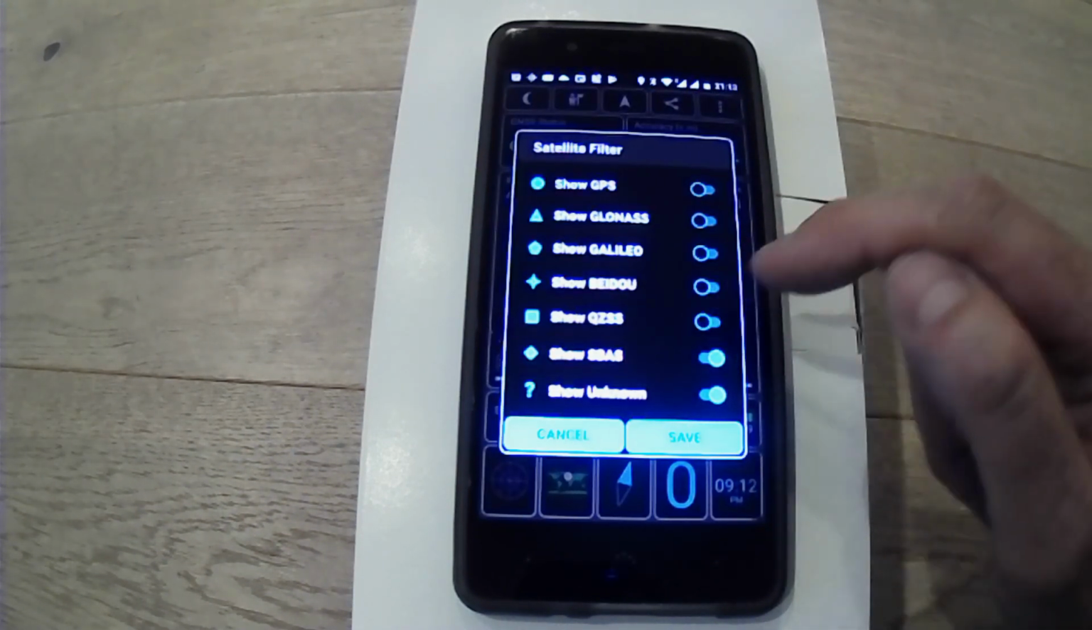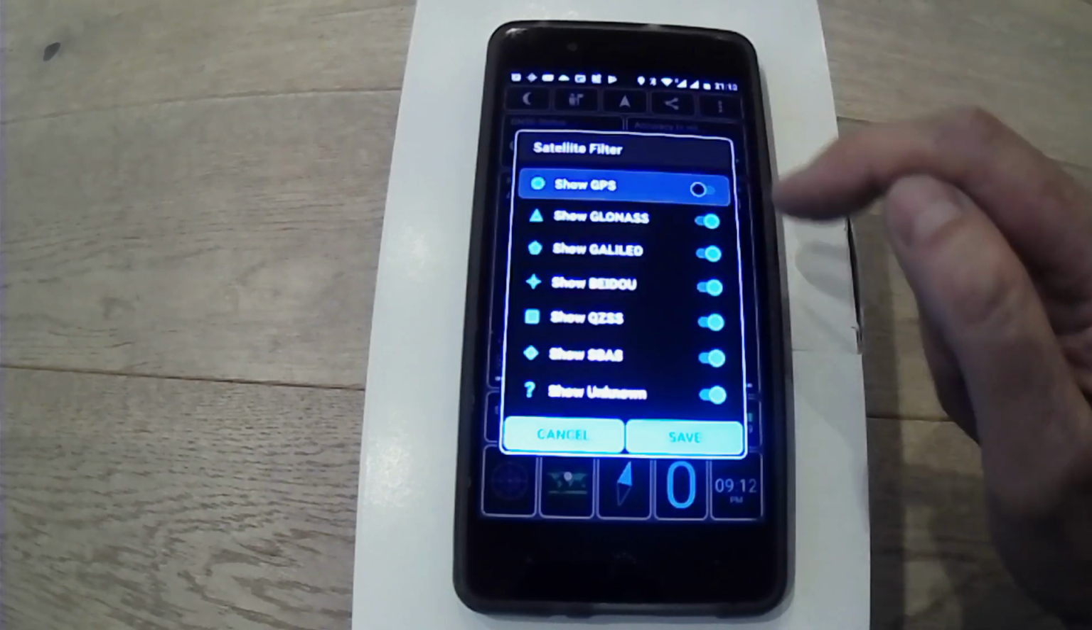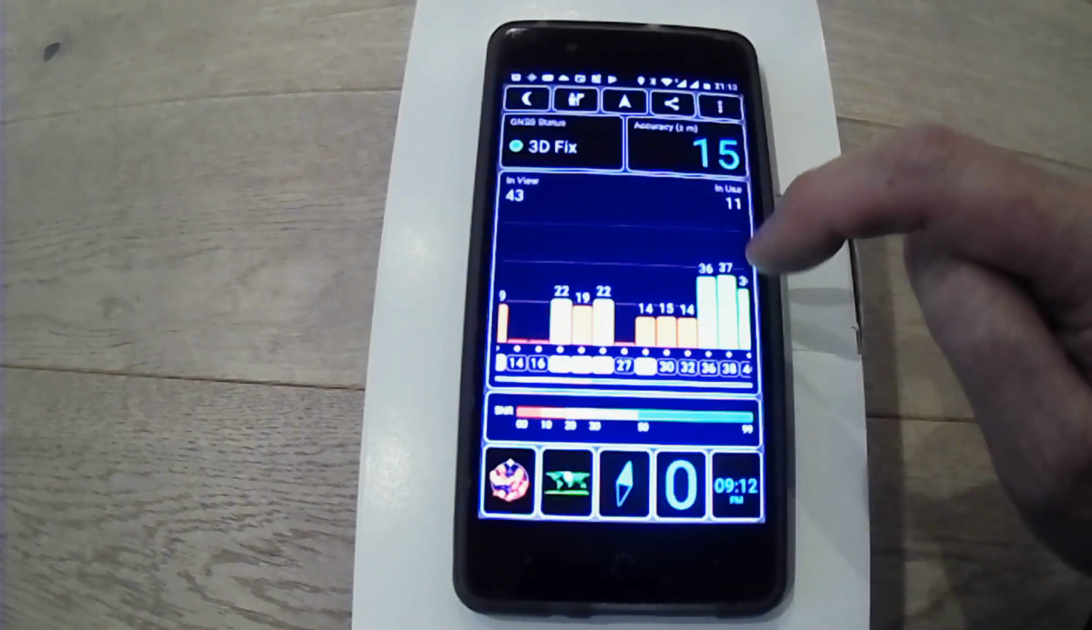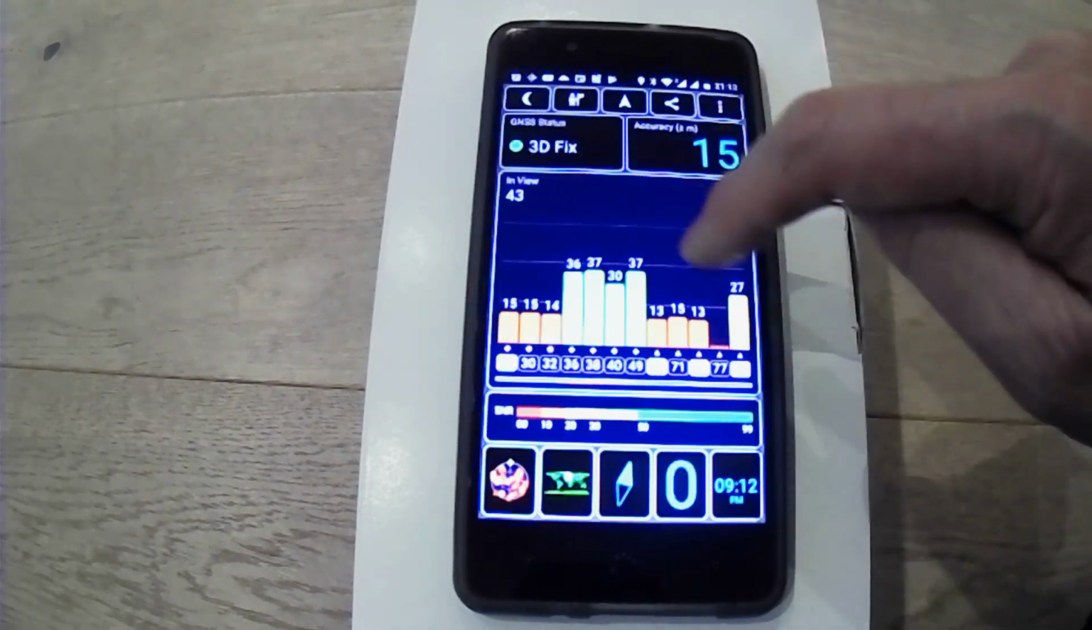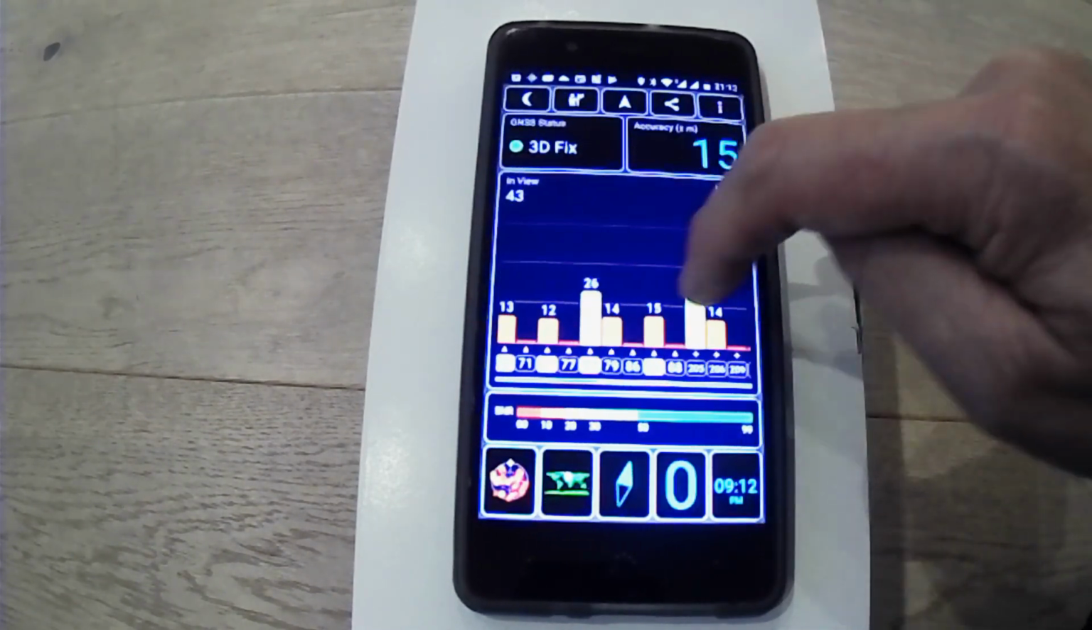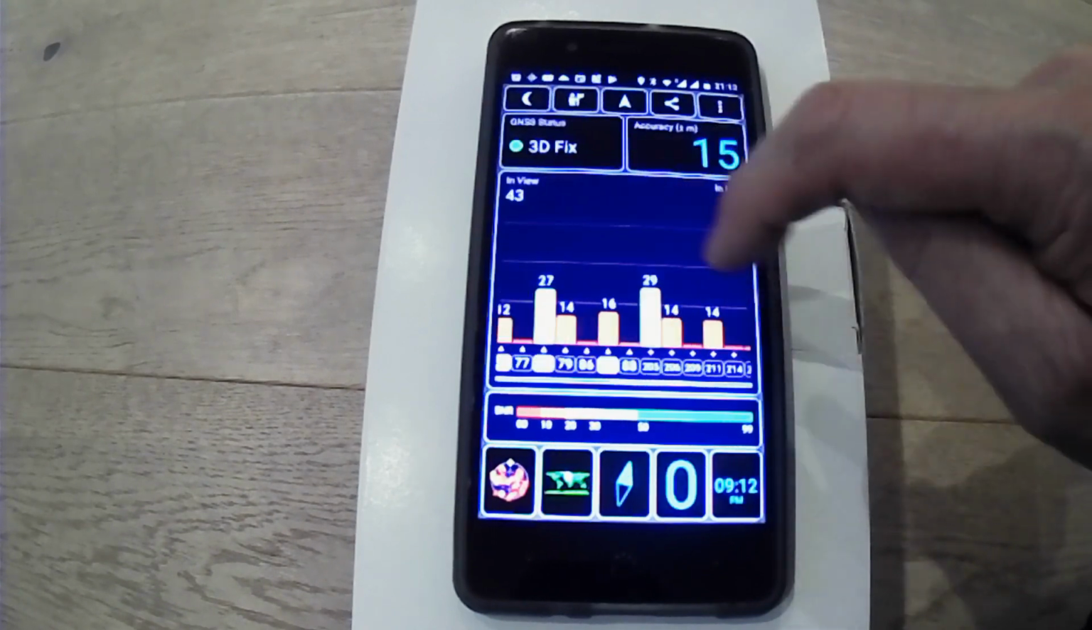So if I turn everything back on and save it, we get the full range of satellites shown here. And you can scroll this window to actually view them. Okay, that's it for